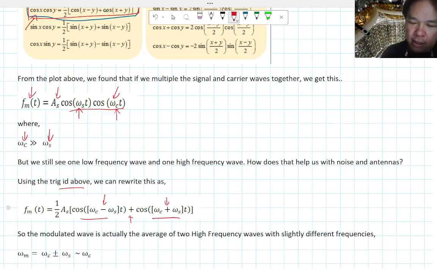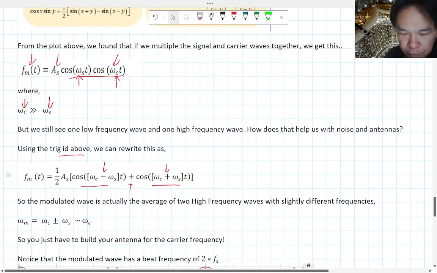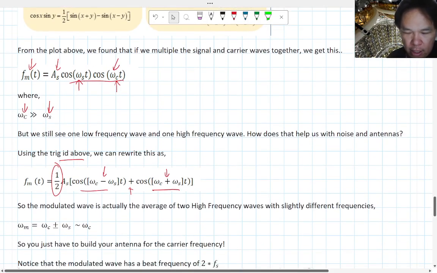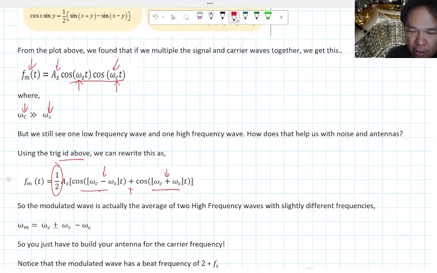The second part of that sum is the cosine of the sum of the two frequencies, in this case the carrier frequency plus the signal frequency. And there's a 1/2 in front just because of the trig identity. So the reason this makes it nice is because now,